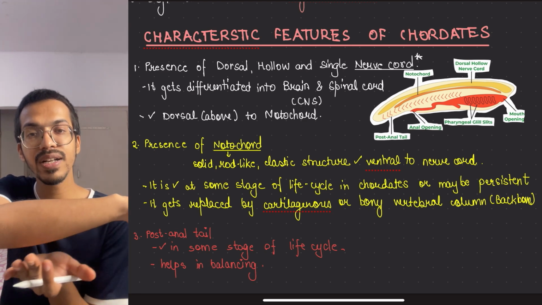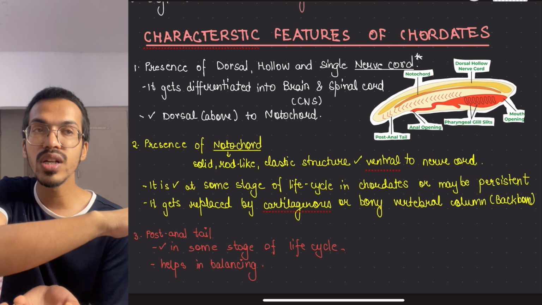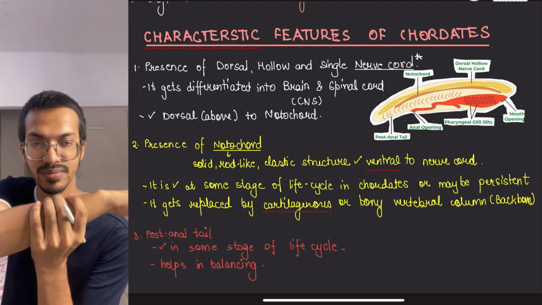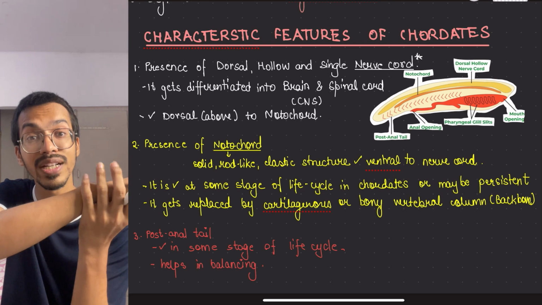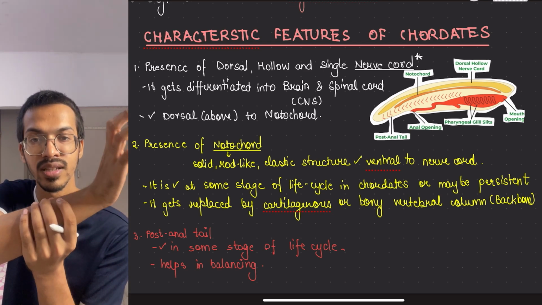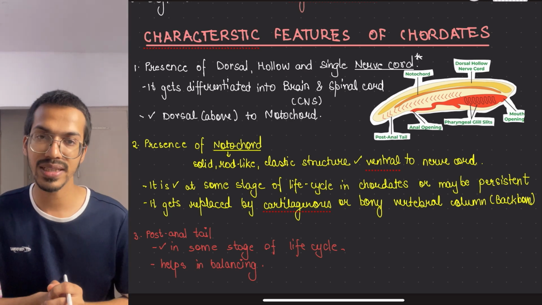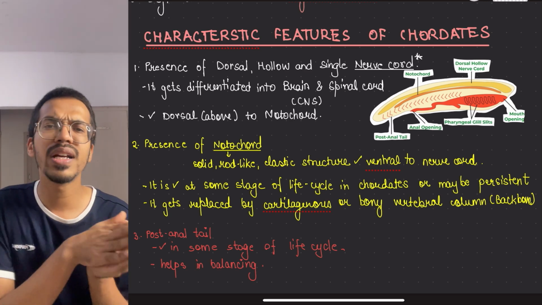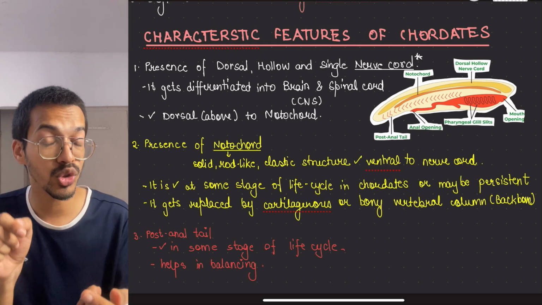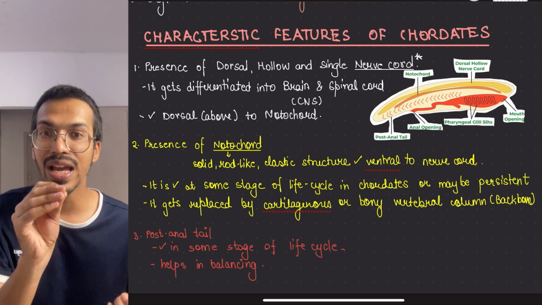So imagine that this is the notochord, this is the nerve cord. The nerve cord required protection now. So what happened? It covers it like the vertebral column. This nerve cord is covered by it, or the notochord is replaced later on by the vertebral column, which could be cartilaginous or it could be bony, depending upon the organism. You remember that we have studied chondrocytes. Okay, we haven't studied, sorry.